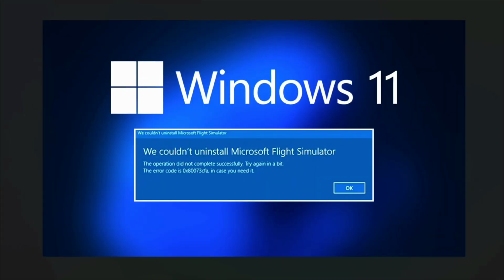Today's quick tutorial, I'm going to show you guys how to resolve an issue when uninstalling an app or program. The error says: we could not uninstall this program, the operations did not complete successfully. Try again in a bit, the error code is